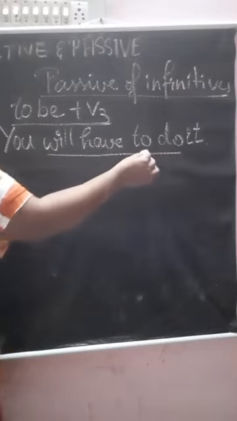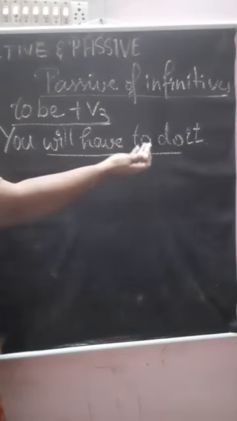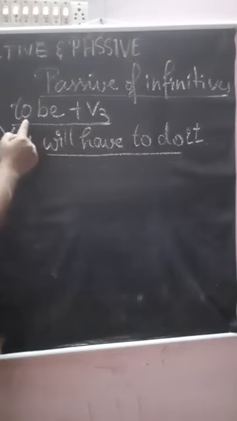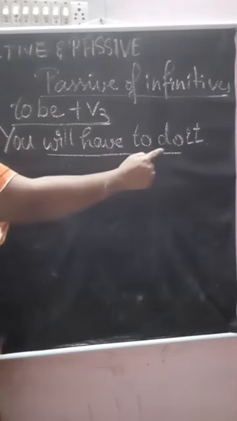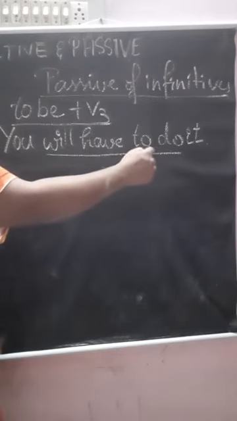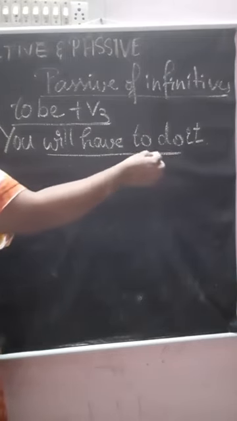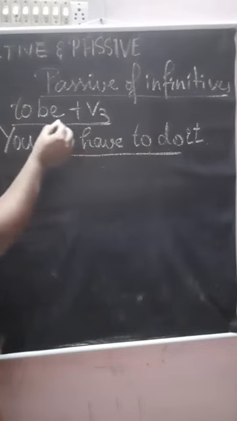So remember, this type of sentence has an infinitive. The verb is in infinitive form. To do. To plus verb is the infinitive form, right? In such cases, we have to change them to this form. It is to plus verb; here, to be plus V3. As usual, we have to use our passive formats. We should be able to identify where we have to change. The verb form will get the changes. So when we change infinitive forms into passive, we have to use to be plus V3.